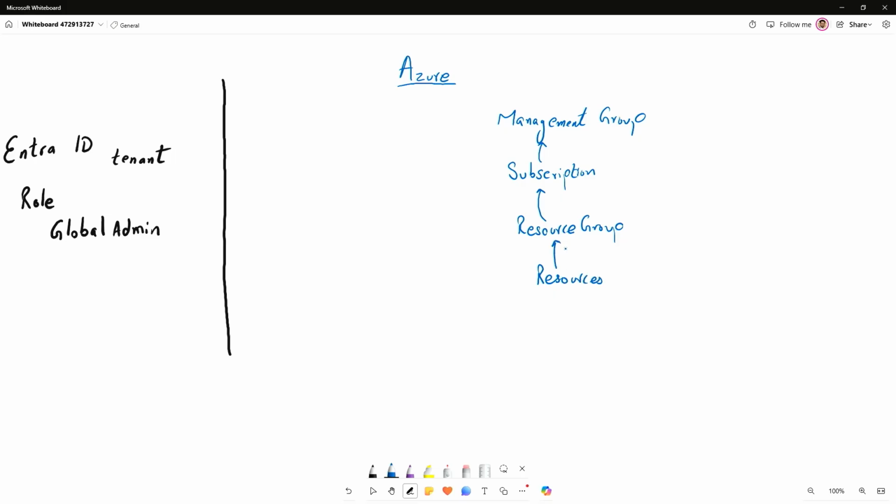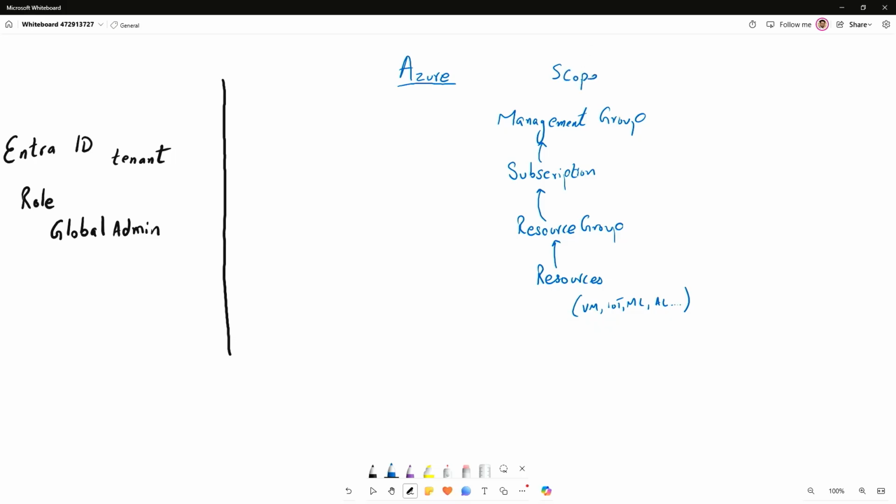Now, these resources can be anything you can imagine that you can create in an Azure environment. This could be a virtual machine. This could be your IoT resource. This could be your machine learning. This could be your artificial intelligence resource, and many other things that you can create within the Azure environment. So that becomes my scope of things that I can define at different levels in my environment.